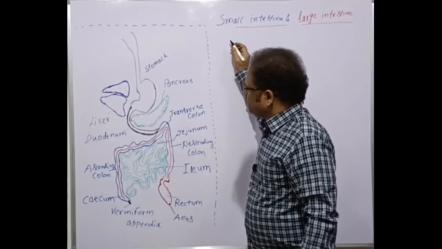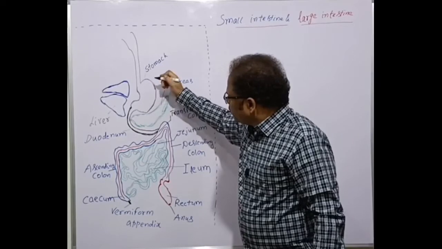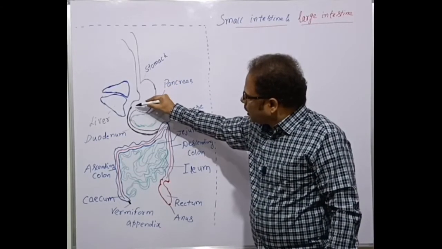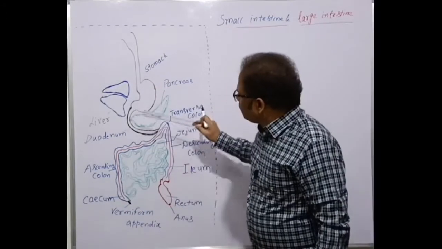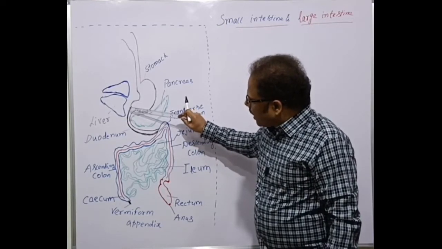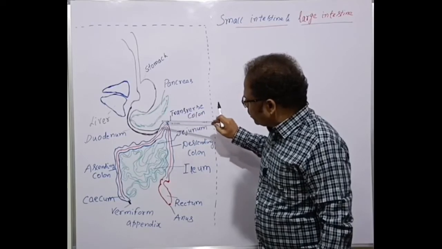Let's discuss now. The small intestine: the stomach extends back. I told you that the stomach consists of three parts: cardiac, fundic and pyloric stomach. A very narrow part of the stomach is called the pyloric stomach, here the pylorus. The pyloric stomach extends back into the small intestine. Here the entire structure is the small intestine.